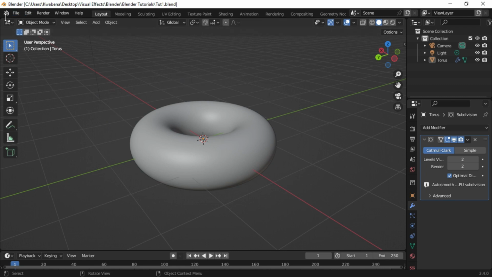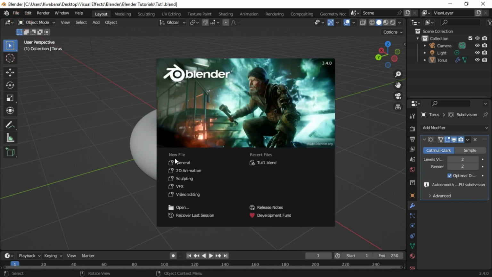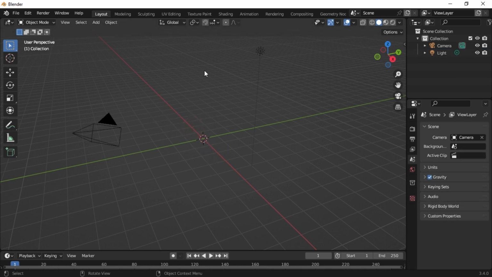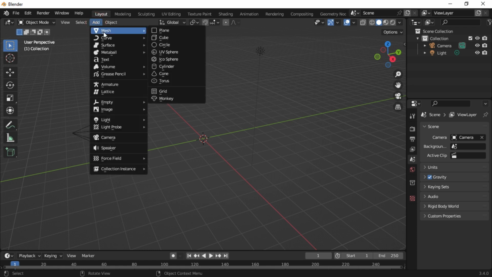So first of all, go to the splash screen, select general. As you can see, this is the default cube right over here. Press X on your keyboard and delete it. Okay, so after deleting it, what you have to do is to go to add, mesh,